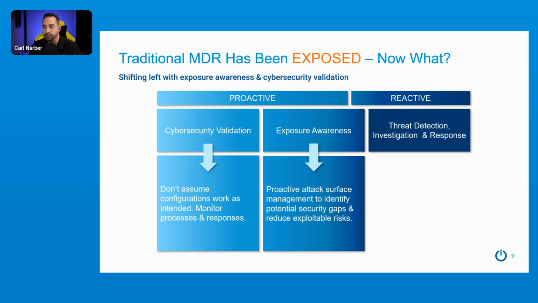And how do you make sure you prioritize those vulnerabilities? Because there's always thousands and thousands. If you're in the hundreds, well, you're on the next level, but there's always thousands of vulnerabilities going on. There's always going to be gaps. How do you prioritize them? How do you bring awareness to them? That is bringing proactive into the MDR space.